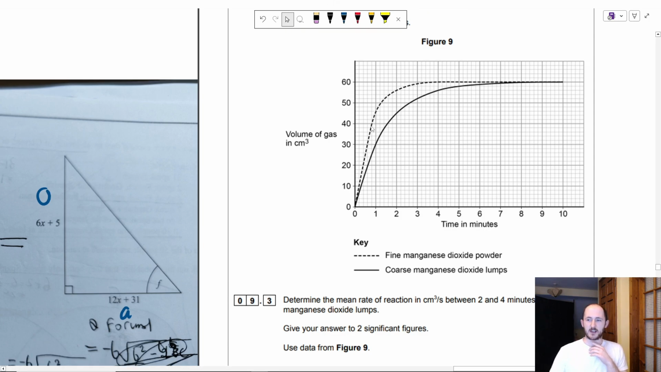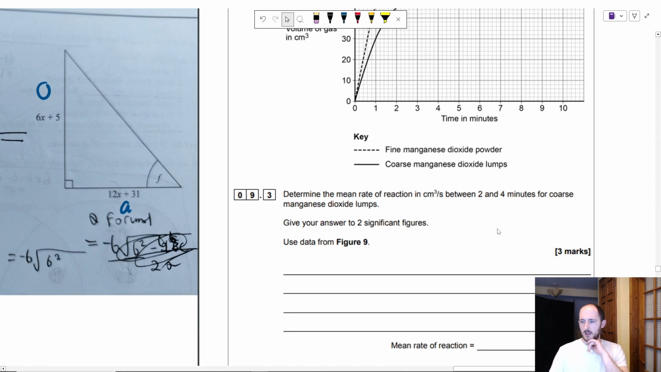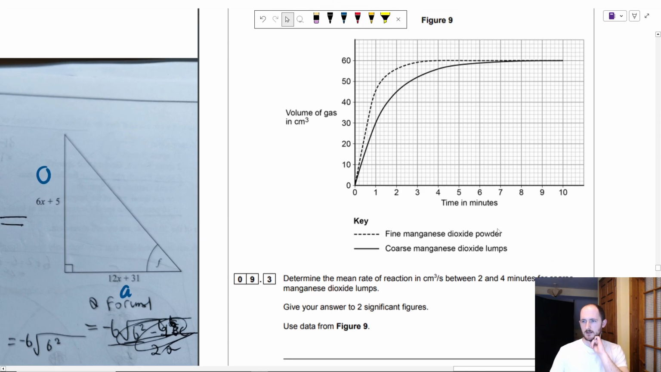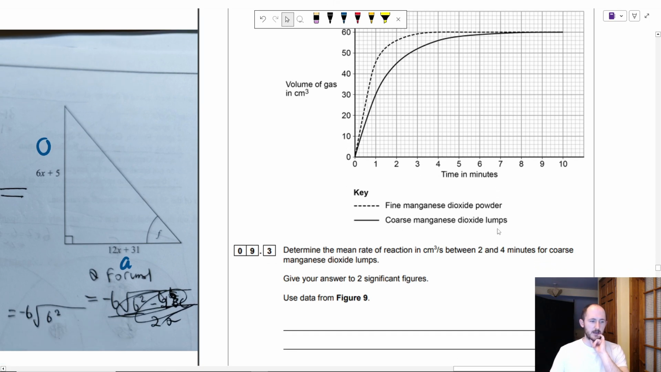So basically it's a rate of change question. Determine the mean rate between 2 and 4 minutes for a course. Oh yeah, it is chemistry. Okay, so since it says mean, so Sky King, with this one,